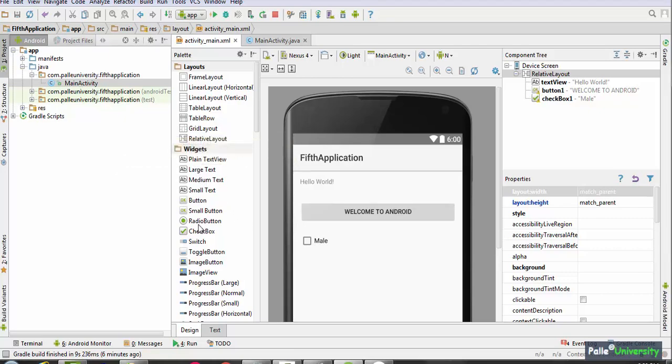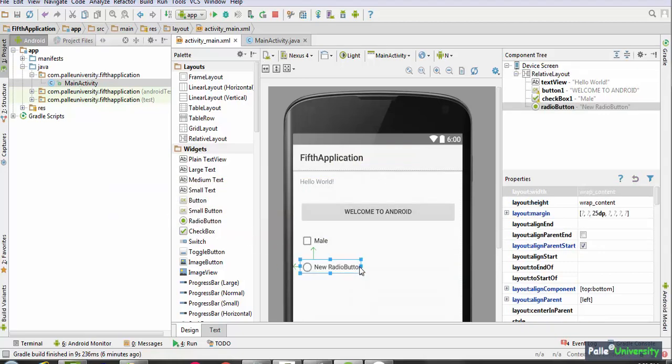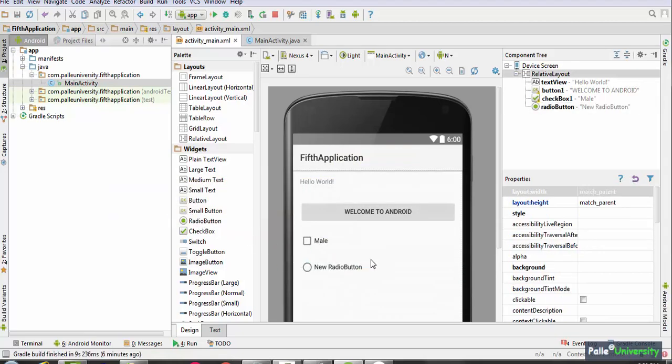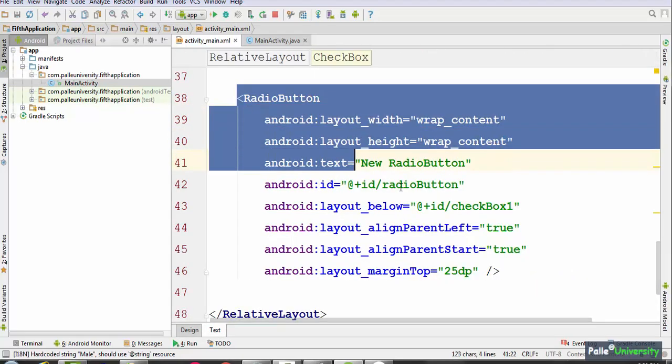For example, if I want a radio button, I am simply dragging and dropping here. But then who is writing the XML code for this? This XML code is automatically written by Android Studio for you. If you click text perspective, Android Studio would have written some XML code for this radio button. Let me show that. You can observe here.